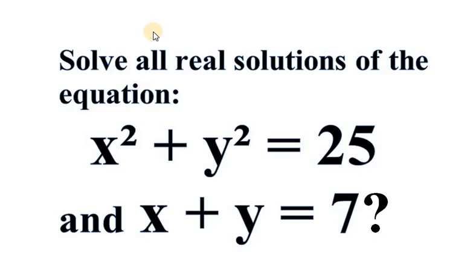Solve all real solutions of the equation x raised to 2 plus y raised to 2 is equal to 25 and x plus y is equal to 7, ይላል ጥያቄው። ይህንን real solution የx እና የyን እንፈልጋለን ማለት ነው።